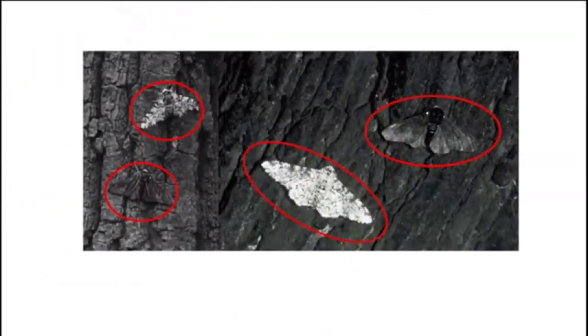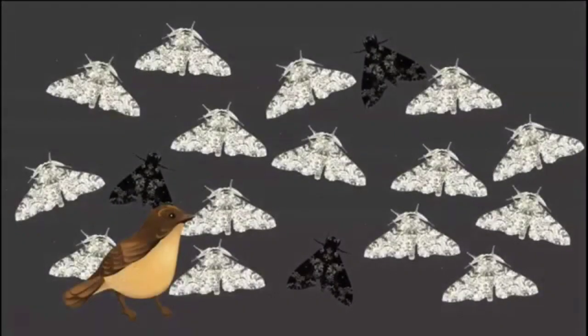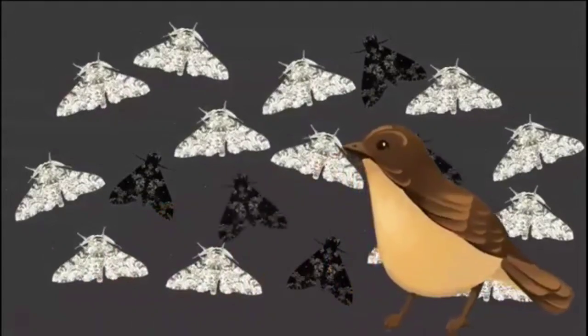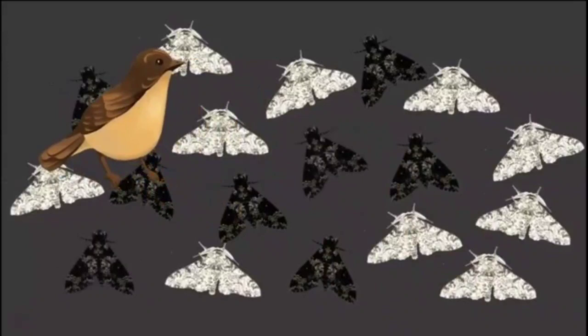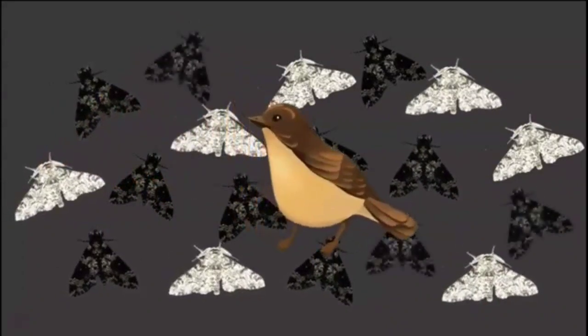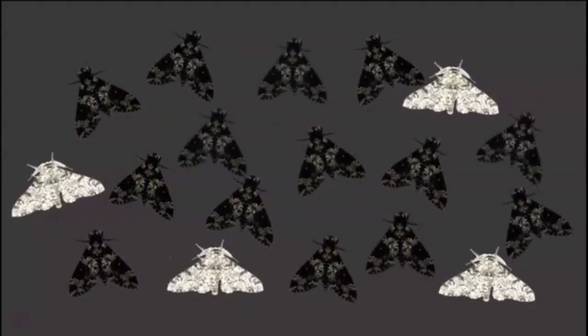The dark-colored moths now had the advantage. They were able to blend well into the soiled trees, while the light-colored variation stood out. Light-colored moths were more easily spotted by predators and had a lower chance of survival. They reproduced less often, and the frequency of this trait decreased over time. The dark-colored moths increased in frequency after many successful generations of survival and reproduction.